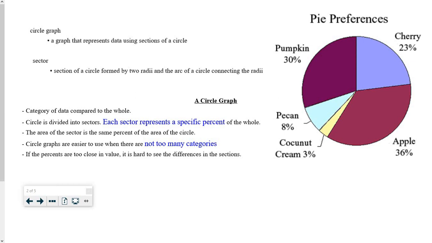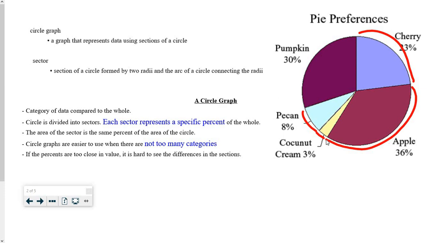What that means is this here, that's a sector. This here, that's a sector. This here, that's a sector. This is a sector. Each part of the circle graph is a sector, and that's basically what it is. So the category of data, for a circle graph, is compared to the